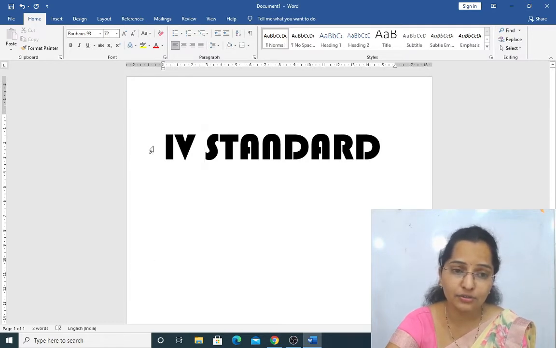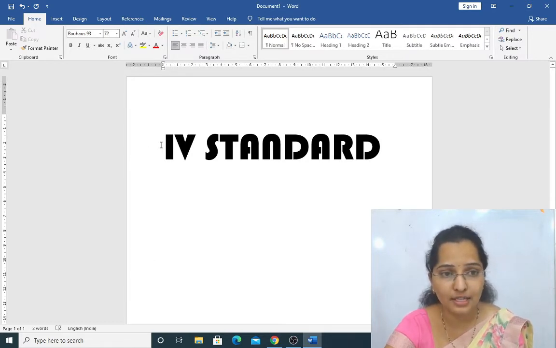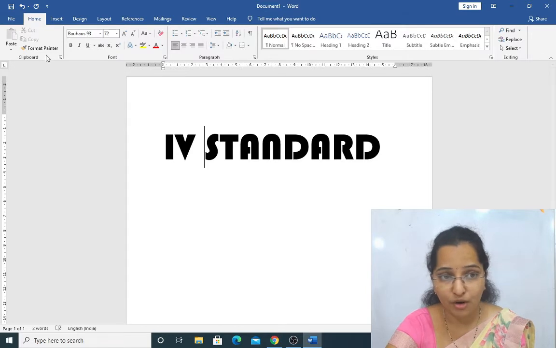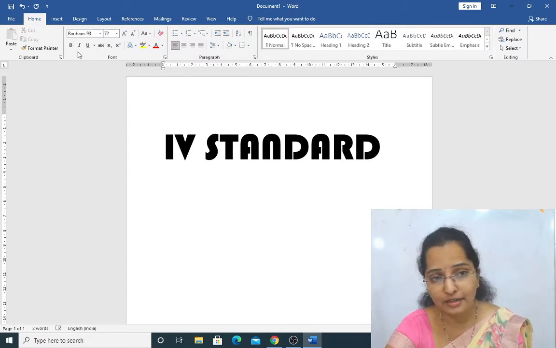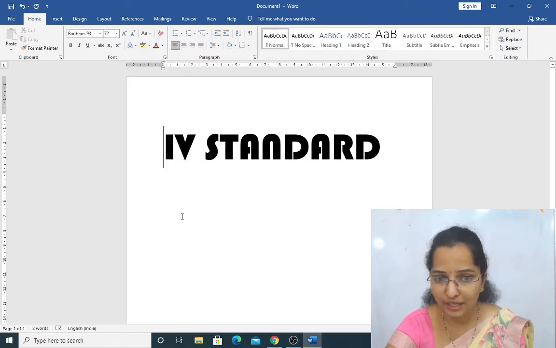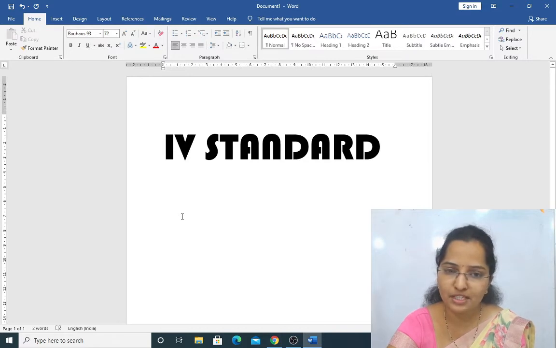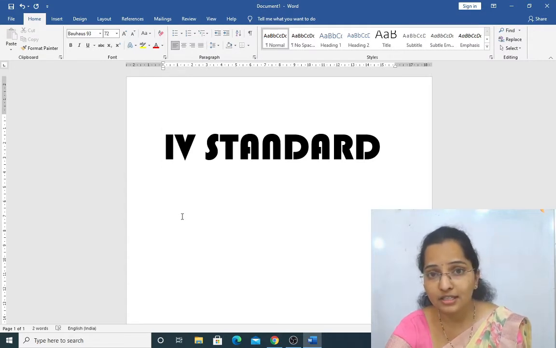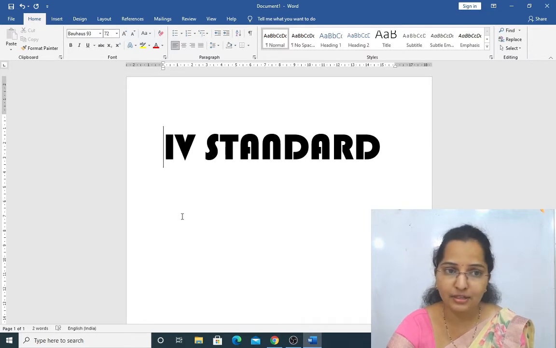See, in formatting options, to change the font size, to change the font style, to change the text case, all of these will be done under the font group. How to make bold, italic, underline, these also will be done under the font group. And this is nothing but formatting in MS Word. What is formatting? Changing the font style, font size, making bold, italic, underline, changing the text cases. What are text cases? I will explain further. Doing all this is formatting options in MS Word.